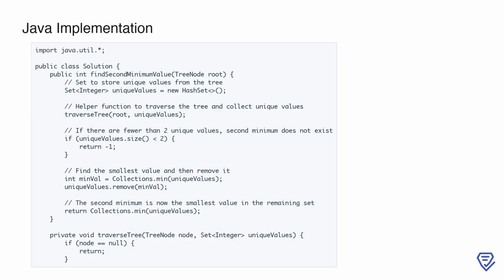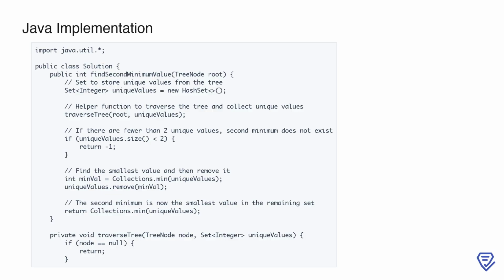Here, we begin by importing the necessary classes and defining our solution class. The main method, find second minimum value, takes the root of a binary tree as input and aims to find the second smallest value in the tree. To accomplish this, we use a hash set called unique values to store all the distinct values encountered in the tree. Then, we call a helper function, traverseTree, which performs a depth-first traversal of the binary tree to collect these